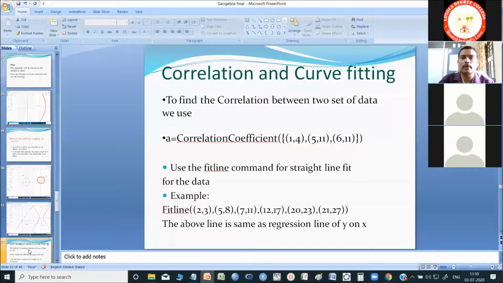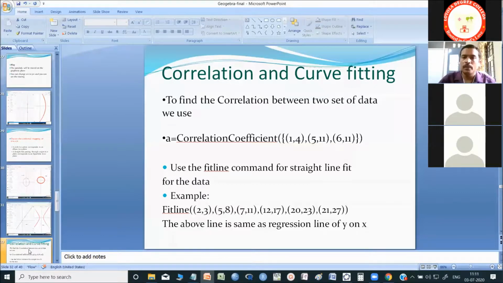There is a freely available user manual, the GeoGebra manual, which you can download as a PDF and read, but it is around 416 pages. It may take a bit more time, but if you read each command and try to apply it, you can easily get the result. As I said, partial fraction or differentiation, integration, everything is possible. But I am using it for the statistical part, mostly for the correlation coefficient.